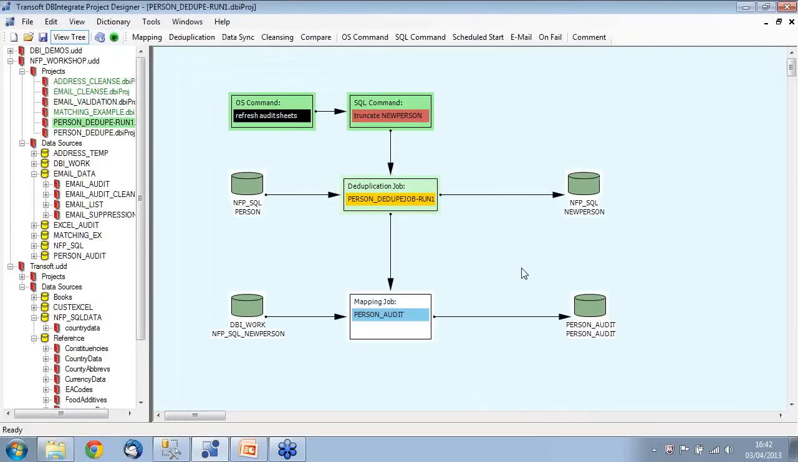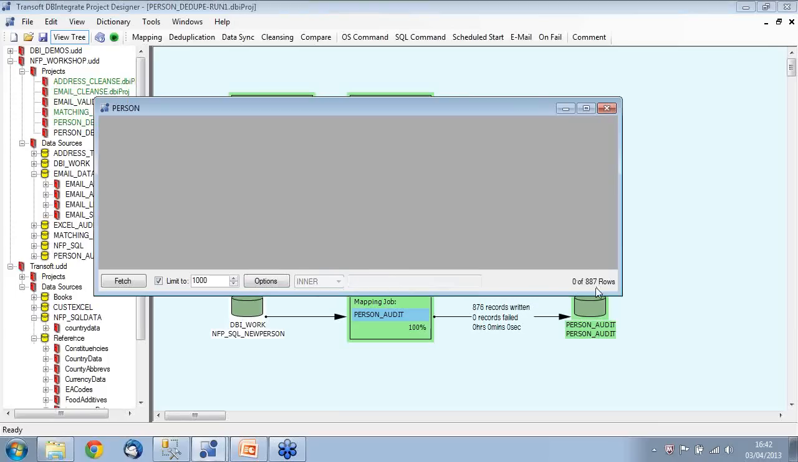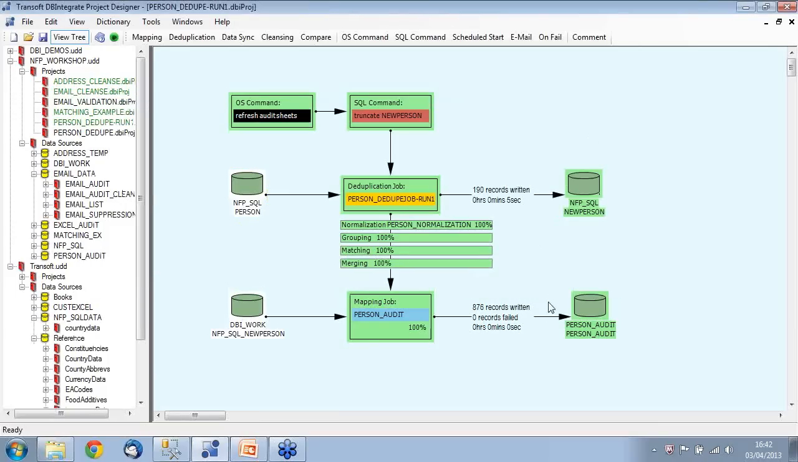If I play this job, then I only get 190 records written out of 887 rows, so that is a phenomenal deduplication. I've put on this mapping job at the end, which is looking at our temporary working table where all the matches and the merge scores are defined. And if I open this up,